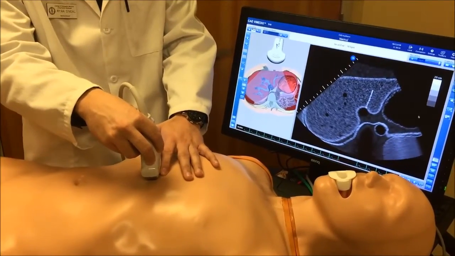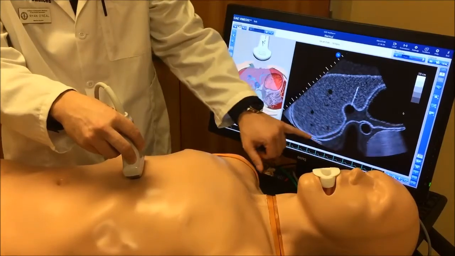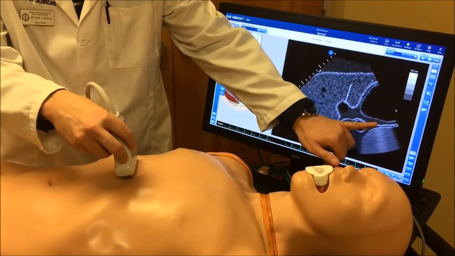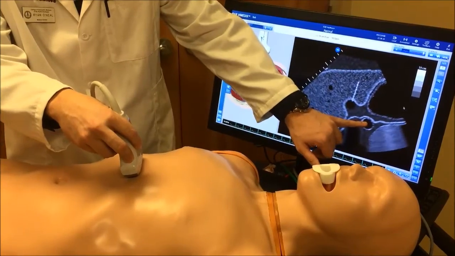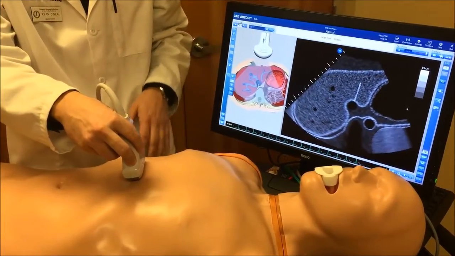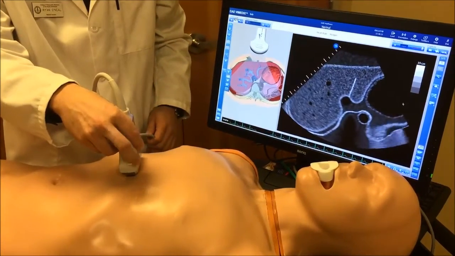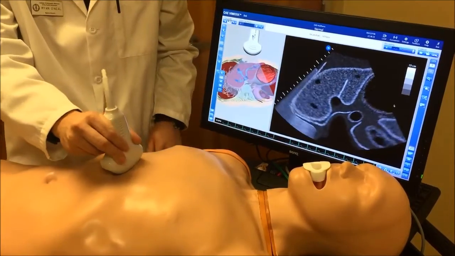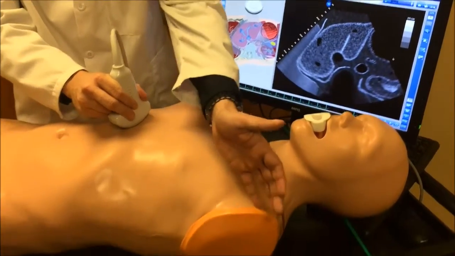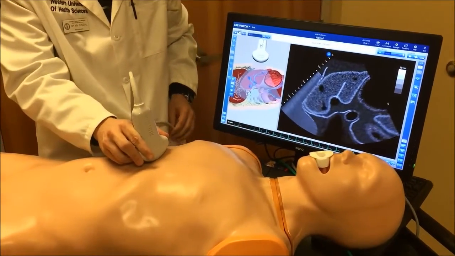Here, we can visualize multiple structures. We have the liver, the stomach. This white hyperechoic line indicates the diaphragm, and we have the descending aorta. It is important to recognize and visualize these structures because this is how we know we are in the correct orientation. Next, we will rotate the probe to the right until the probe is perpendicular to the axis of the left shoulder. Next, we will tilt the probe caudally